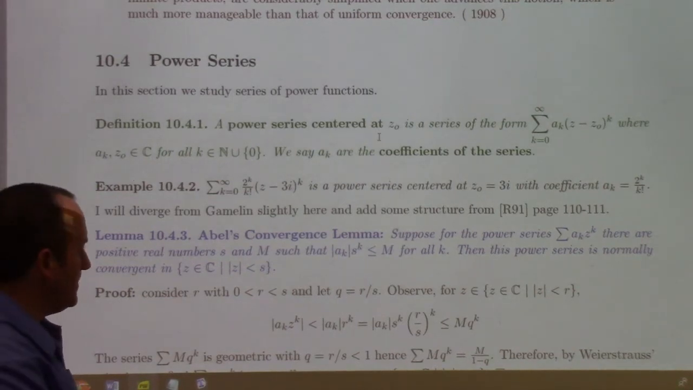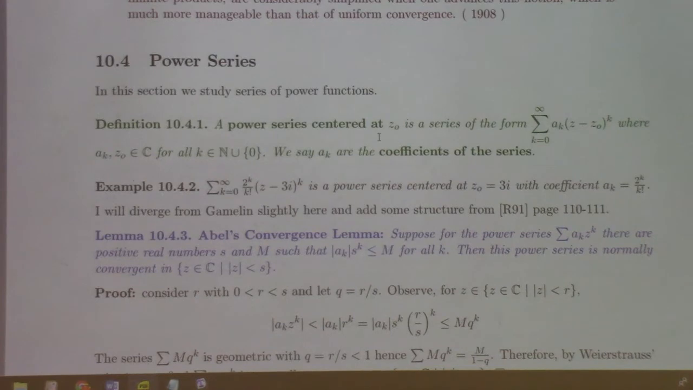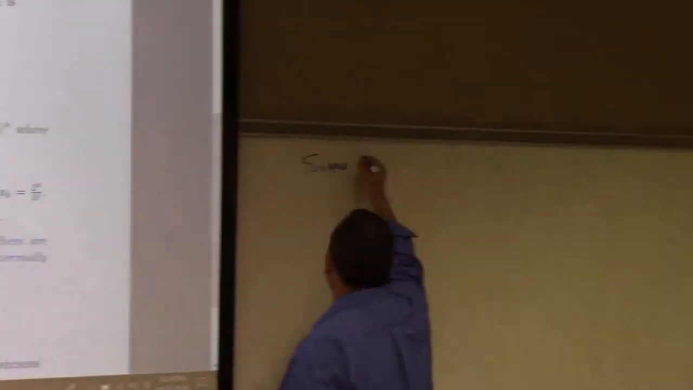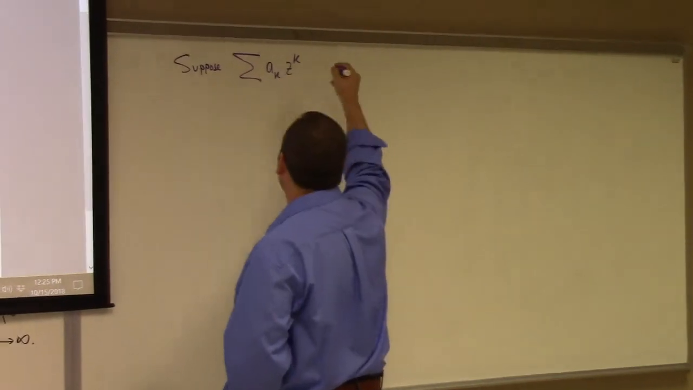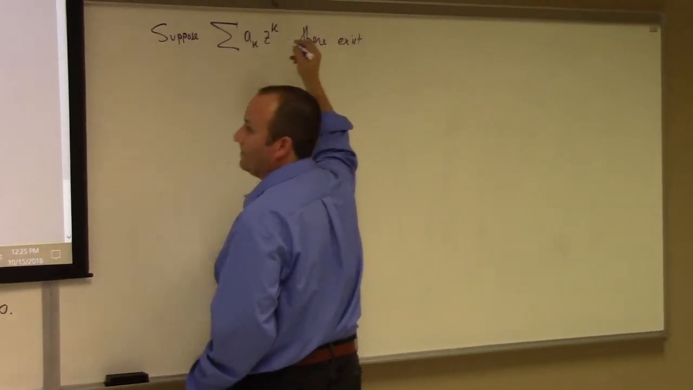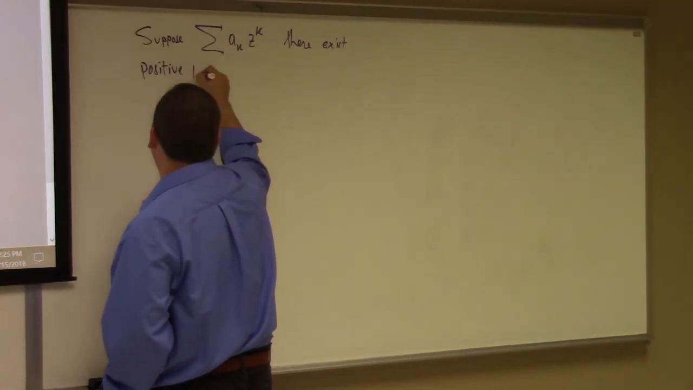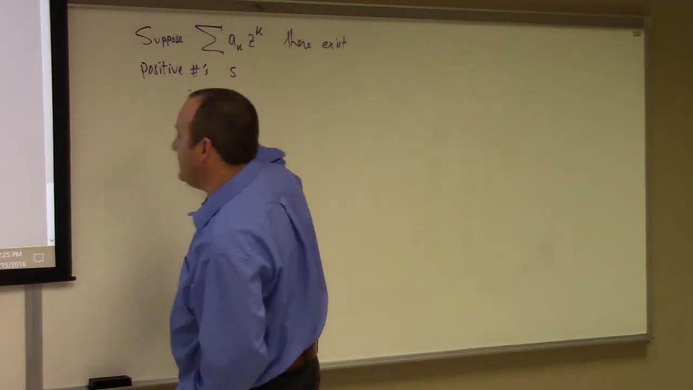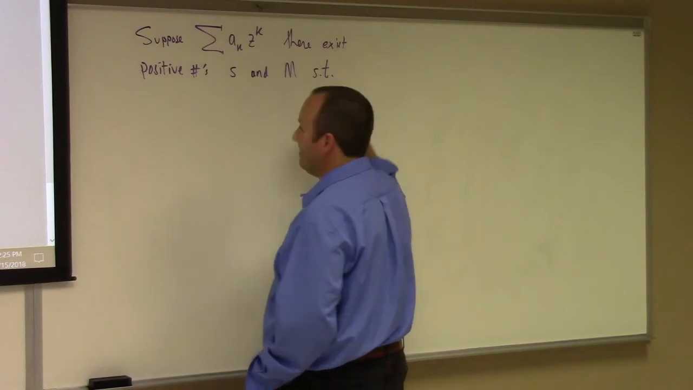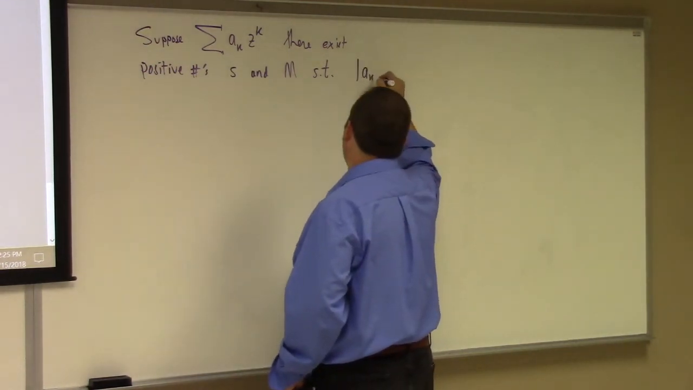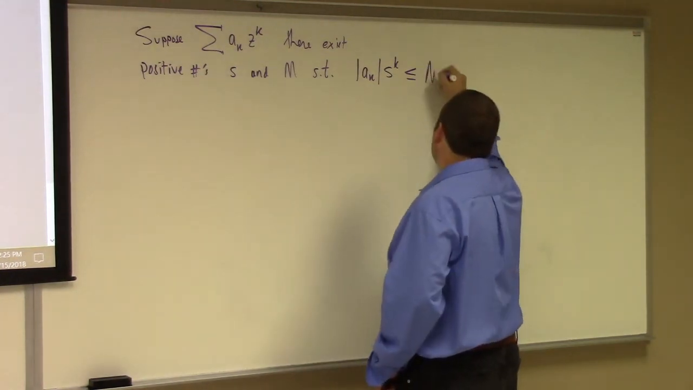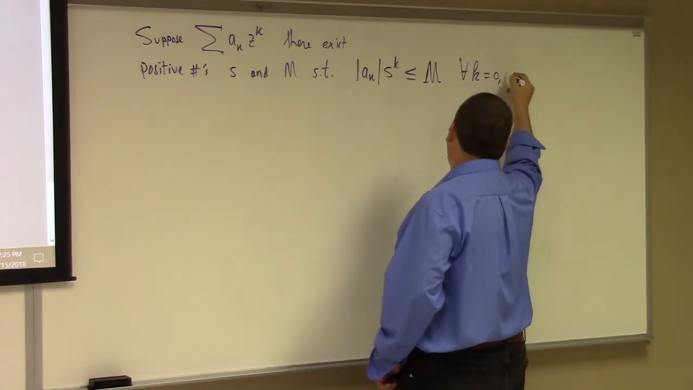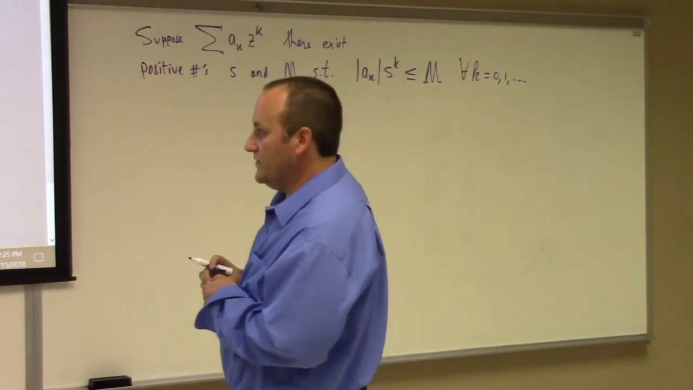Here's Abel's convergence lemma. It says, suppose for the power series, suppose for this series, sum a sub k z to the k, there exist positive numbers s and m such that the modulus of a sub k times s to the power k is less than or equal to m for all k. All right? Then this power series is normally convergent